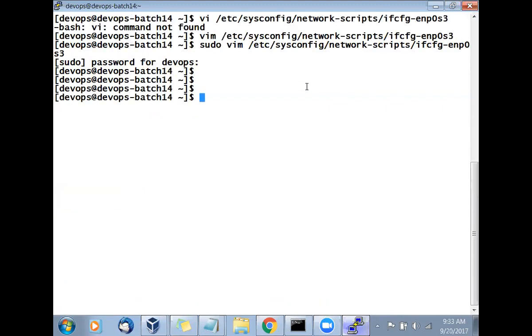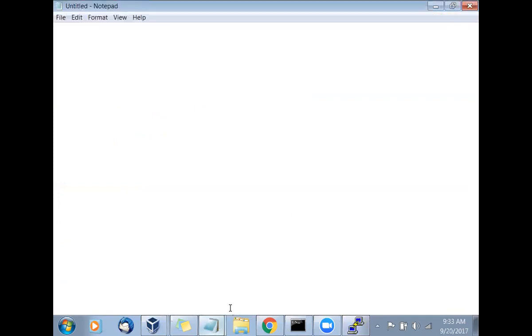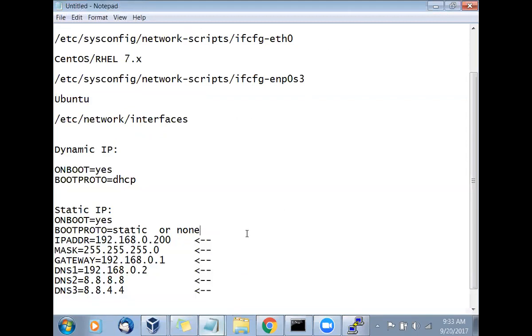Now this is how you'll open the file and make the modifications in that file. Is this clear? Any question? Any doubt at this moment? Okay. Get this and the below info from your network admin.